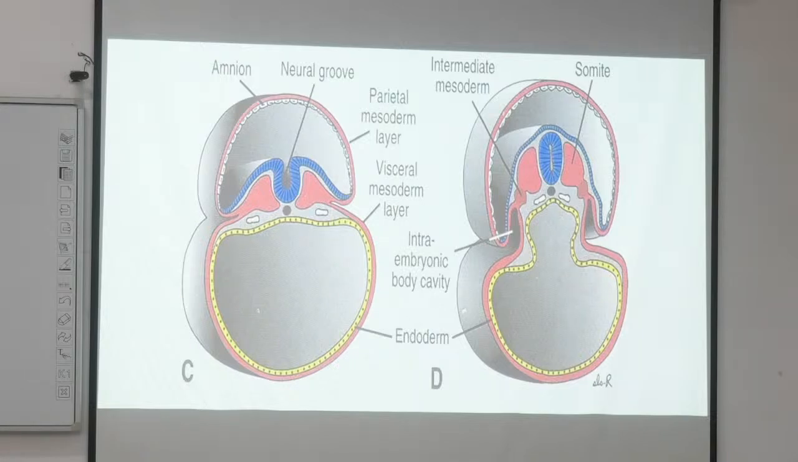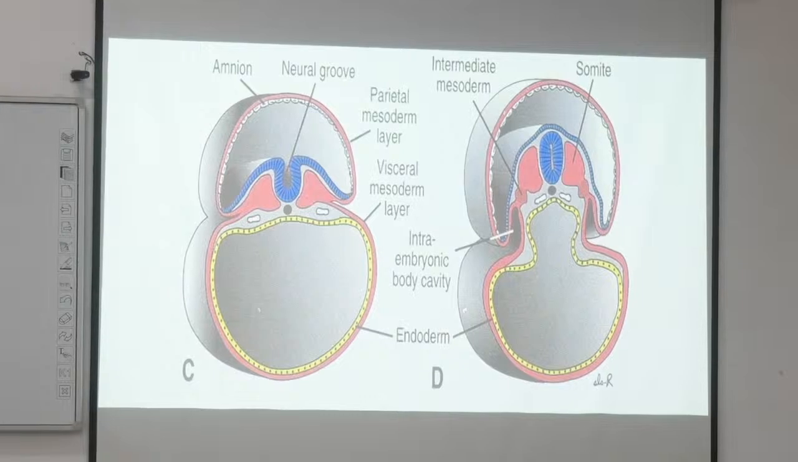So once again we get this intraembryonic mesoderm which eventually segments into three different domains. The three domains, the one next to this midline, we call it the